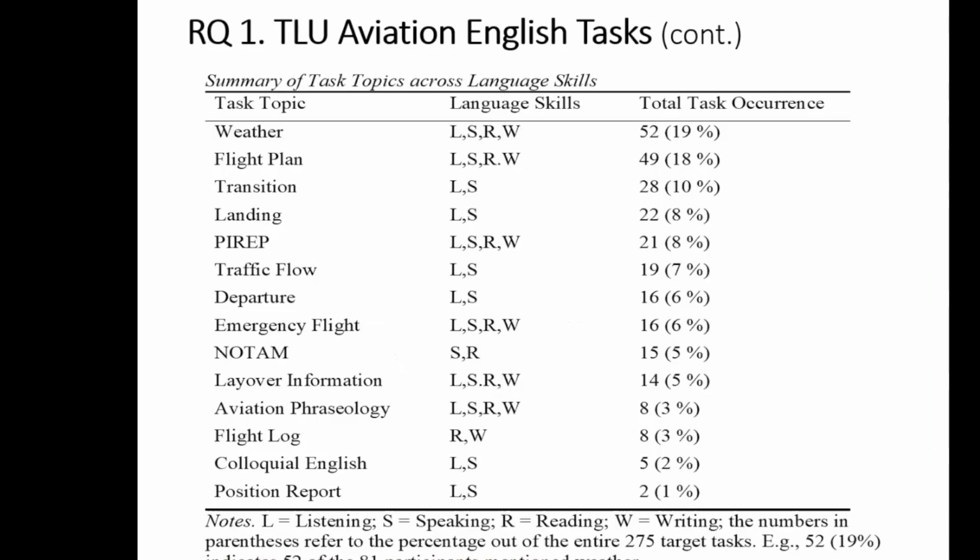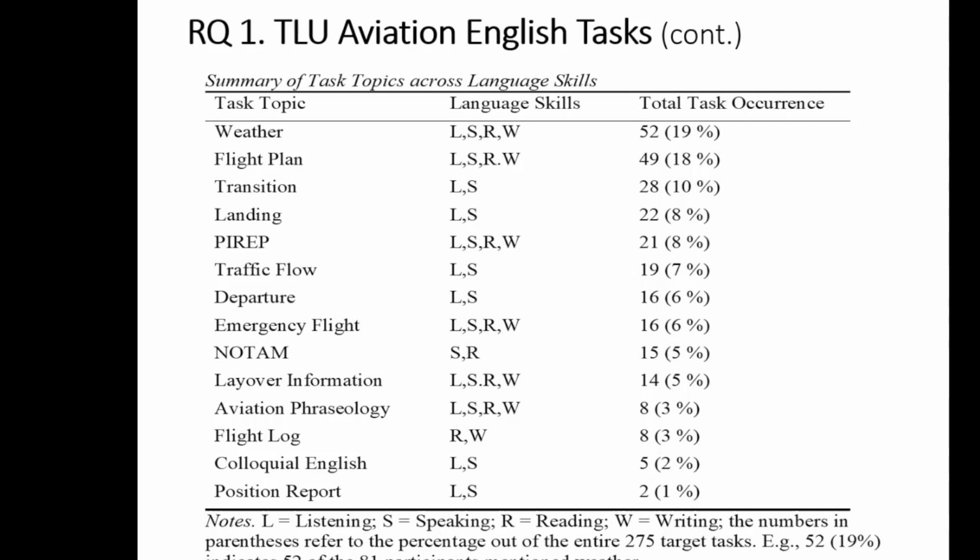And also, in order to make authentic performance tests, of course, individual or specific tasks matter, but we do need more authentic, scenario-based task phases. So that's why, based on the document analysis and also task-based needs analysis findings, I came up with the specific task topics. So the analysis of target tasks according to the 4 language skills shows the characteristics of individual target tasks and how target tasks could be interrelated with other skills,